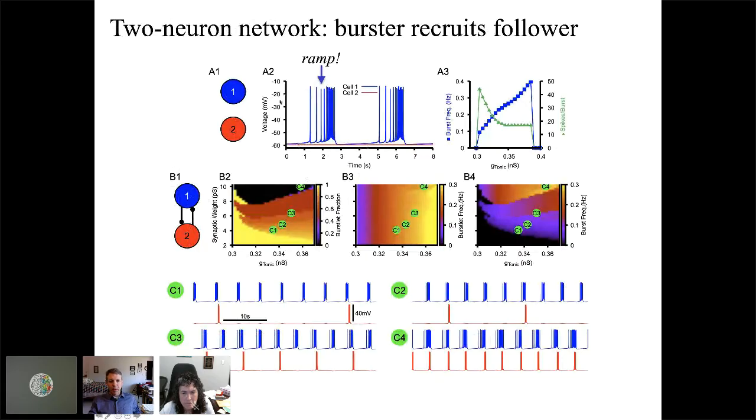As a side note, our pacemaker produces this nice ramping dynamics, which is different from standard square wave bursting on its own. And you can ask me about the mechanism for that, which is a paper under review right now, in the questions if you want. But you can see that we get a similar effect by varying the excitability of the cells and the weight of the synapses between the two neurons. We can vary how the follower neuron, which is the one with the ICAN effect, is recruited as we move through this parameter space. So we get these different entrainment frequencies as we move through the parameter space.